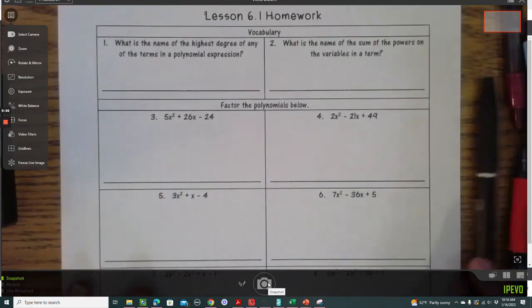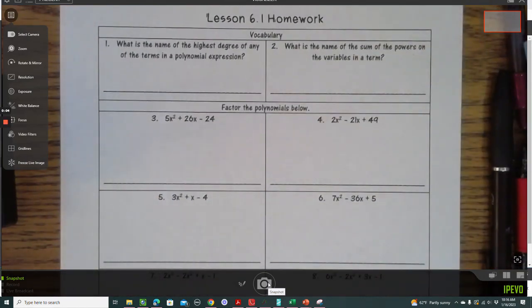All right, this video is for the lesson 6.1 homework. Today we are factoring polynomials. We have already factored quadratics, but you're going to have to be able to factor cubics. So we're going to review a little bit with factoring quadratics, and then I'm going to show you how to